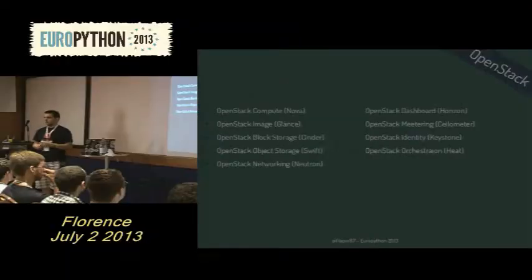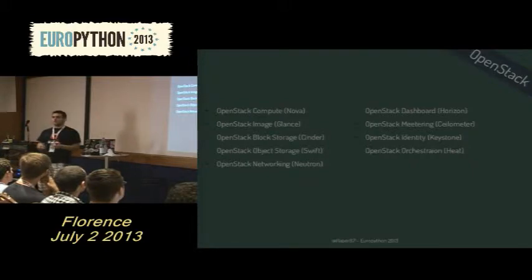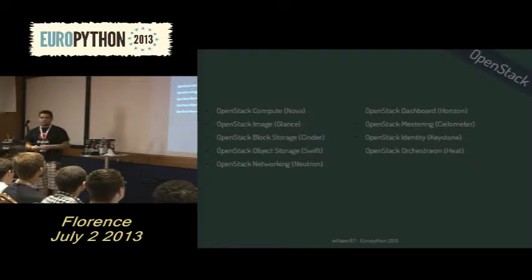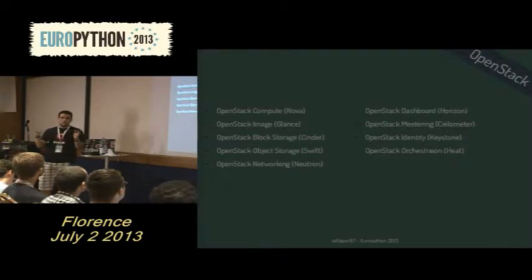There's Swift, which we already heard about today. It's object storage, so you can just put files in there, just like S3. There's Neutron, formerly known as Quantum. We had to change the name because there were some trademark issues with it, so we need to call it Neutron now. It handles everything about networking, so DHCP, layer 2, layer 3, and all around that, which I'm not really an expert at. There's Horizon, which is the dashboard. It's a really nice UI that you can use to manage a whole OpenStack infrastructure in just a web-based application.